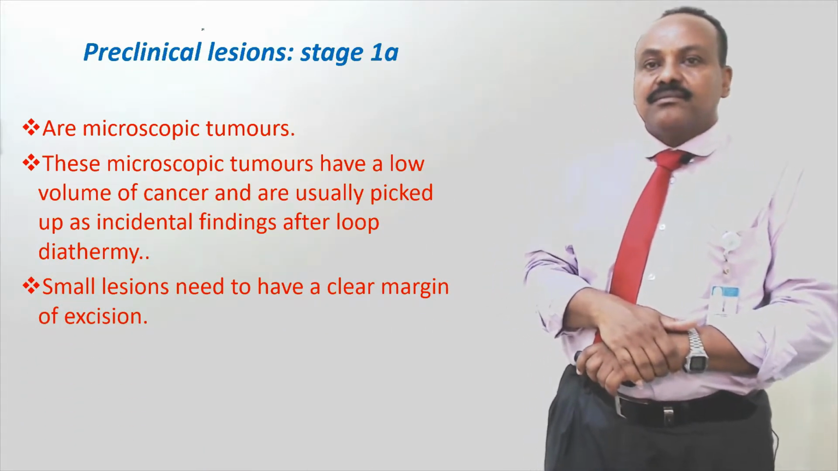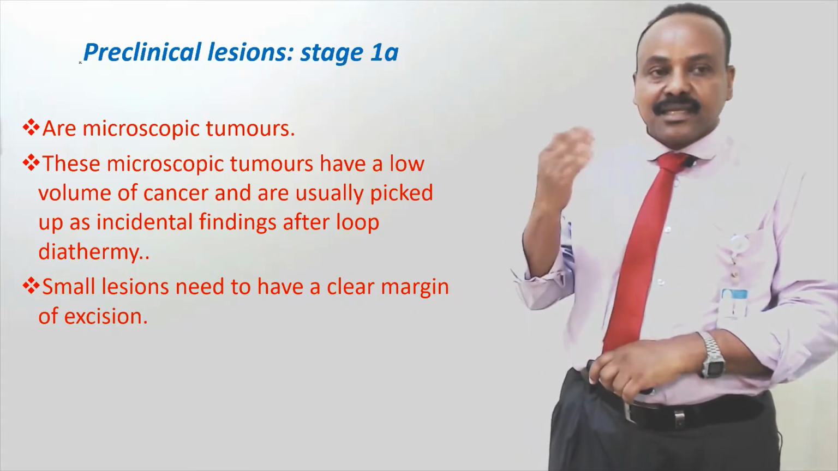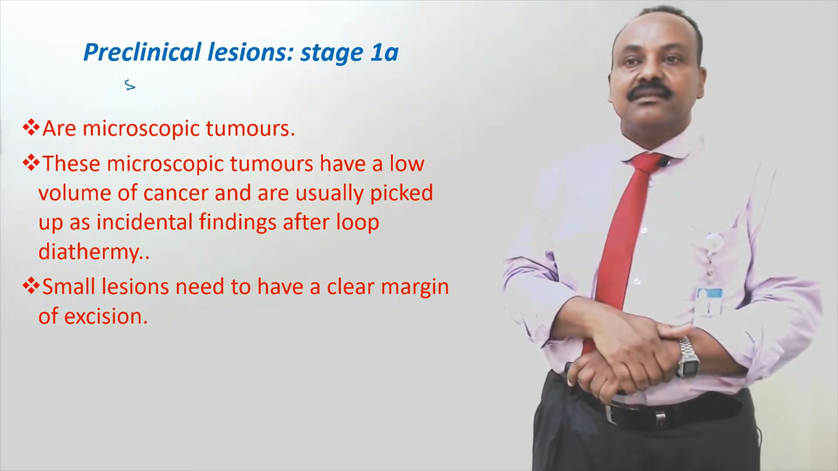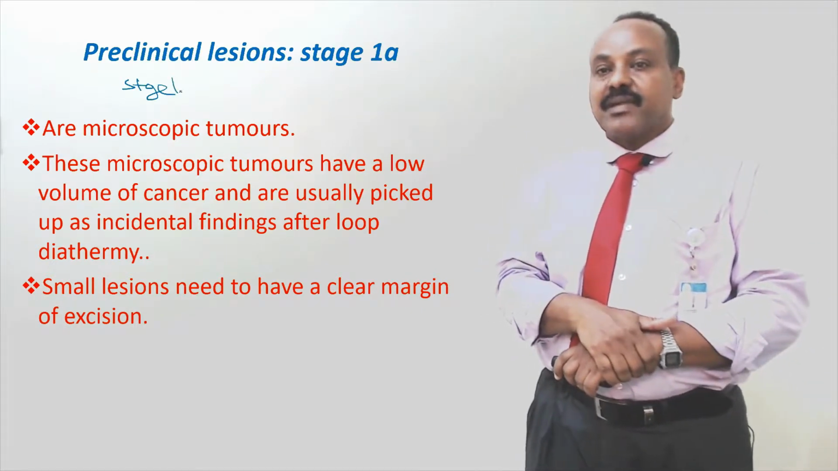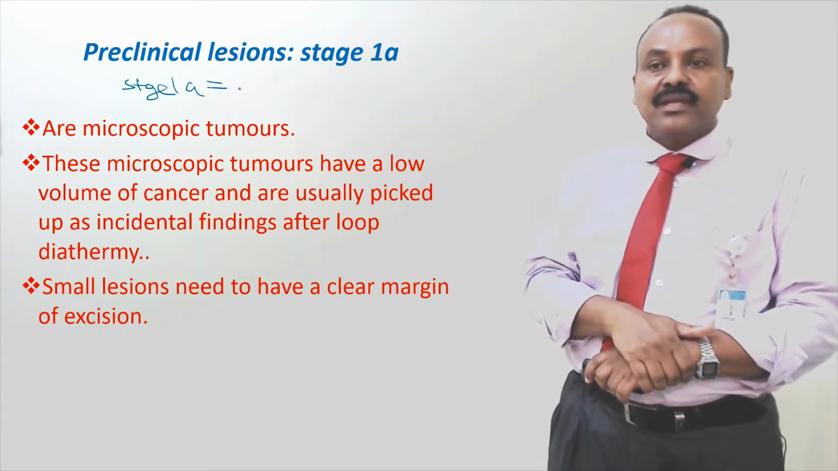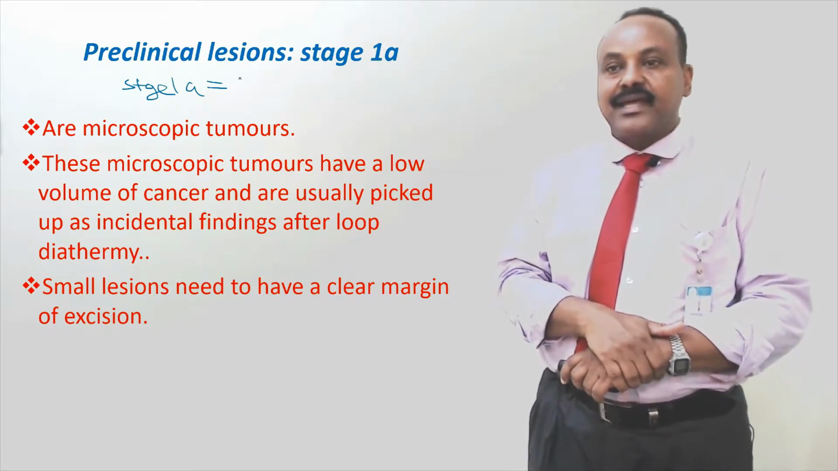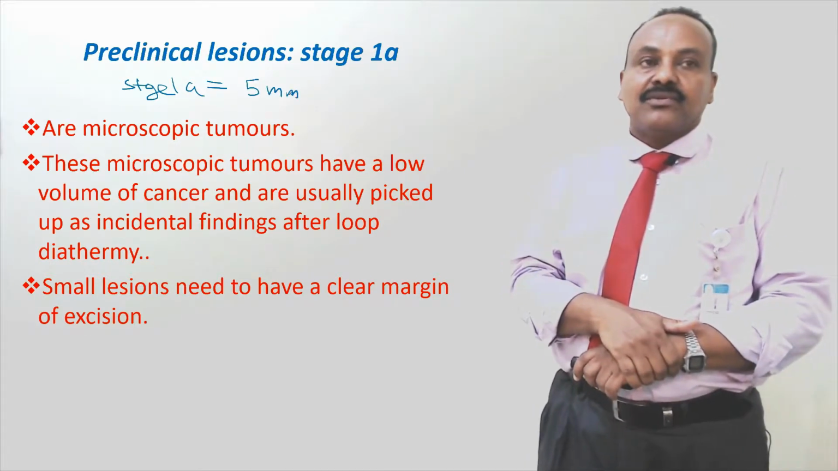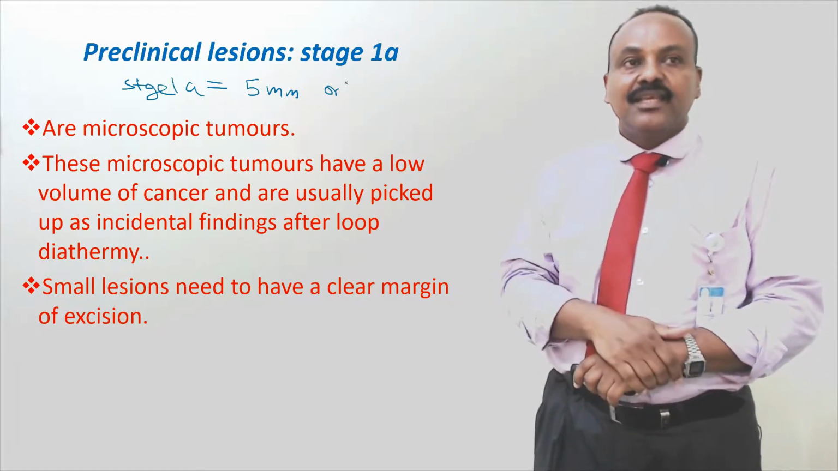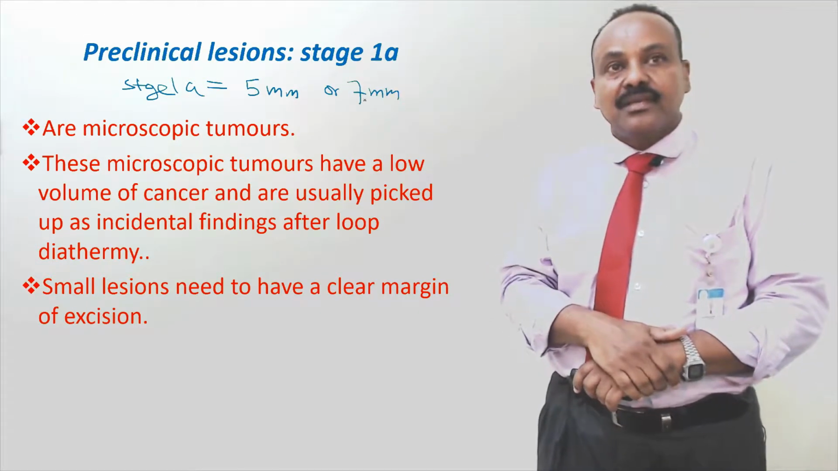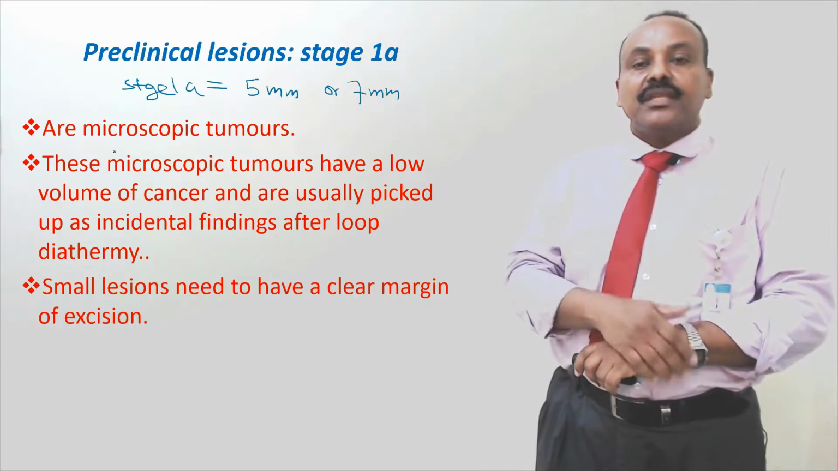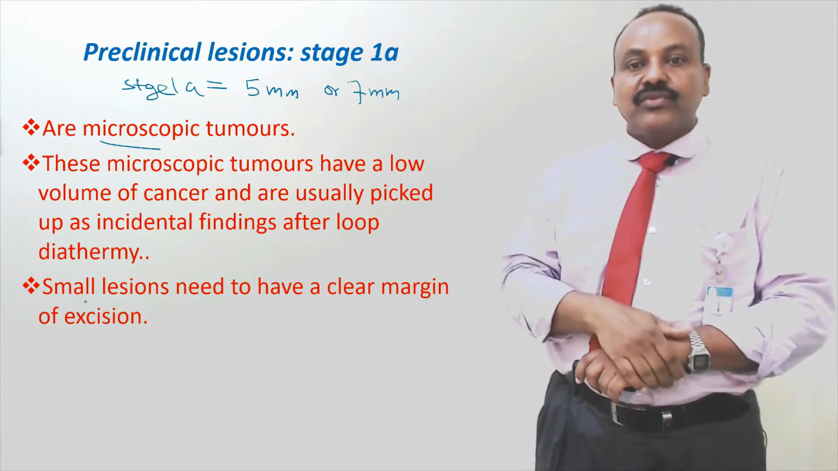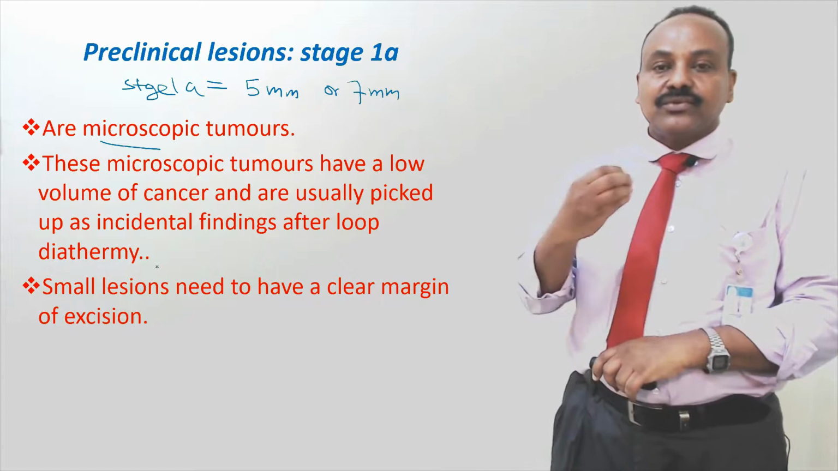Now, preclinical lesion. As I explained previously, this is a microscopic lesion like stage 1A. These are microscopic tumors with a low volume of cancer, and they are usually picked up as an incidental finding after LOOP diathermy. For some reason, accidentally, you remove them, for example when doing colposcopy or routine investigation or screening for cervical cancer, you discover a lesion, and when you remove it and send it for histopathology, then you discover